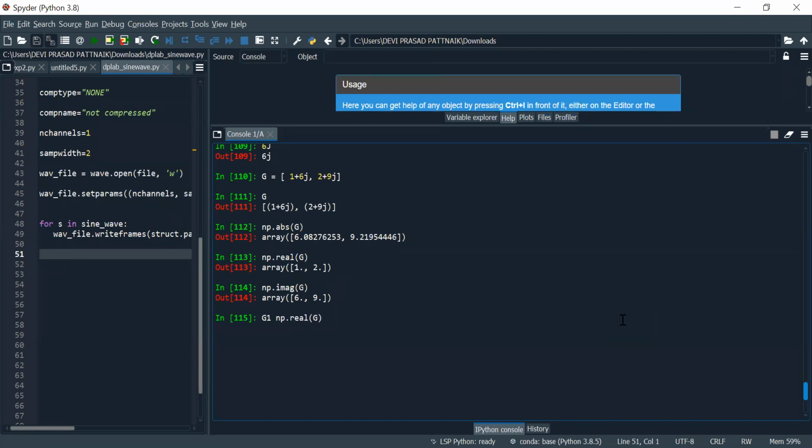G1 we stored it. G1 is having something and G is having something.